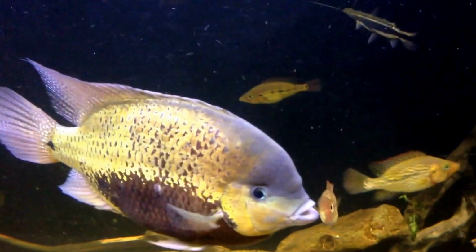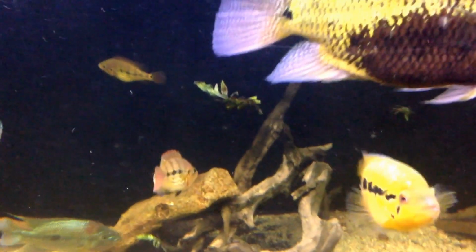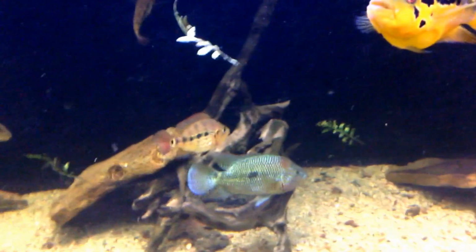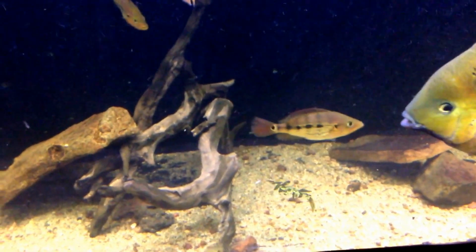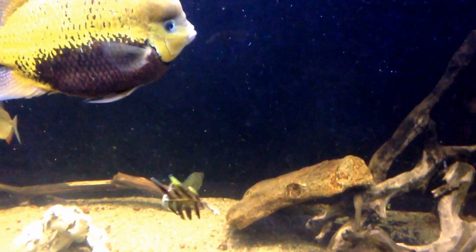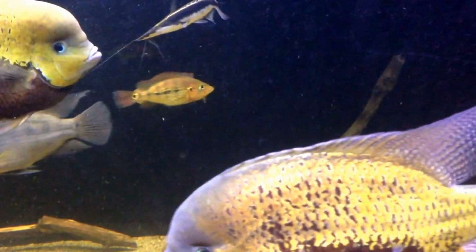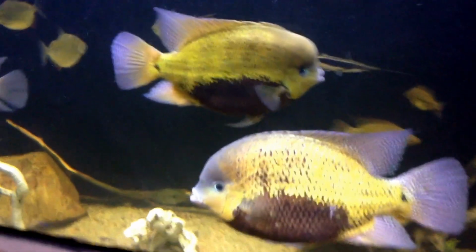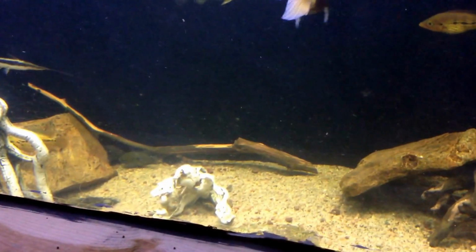I've got quite a few really nice zombies in here. Hooked my buddy John up with some. He got one male from me that I experimented a little with in an outdoor setup, and it worked pretty decent, but the weather changed and the temperature was starting to get too low at night, so I pulled him back out. I didn't want to introduce just one sole zombie into this tank just to get beat on, so I put it in a tank upstairs and kept it for a while, and John was looking for some new fish, and anyway,